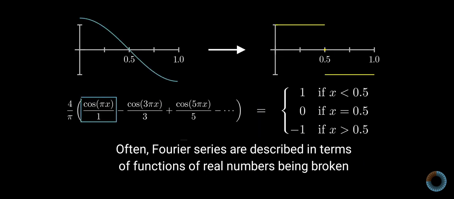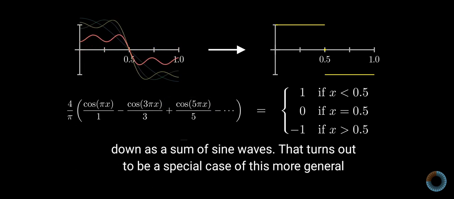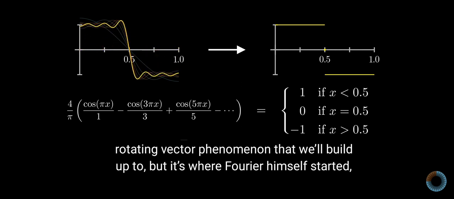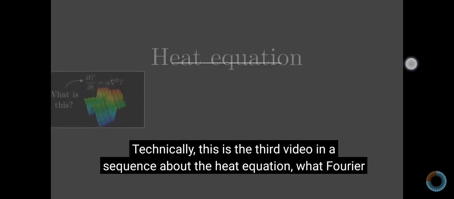Now often, Fourier series are described in terms of something that looks a little different, functions of real numbers being broken down as a sum of sine waves. That turns out to be a special case of this more general rotating vector phenomenon that we'll build up to, but it's where Fourier himself started, and there's good reason for us to start the story there as well. Technically, this is the third video